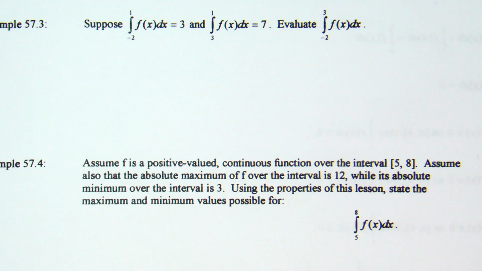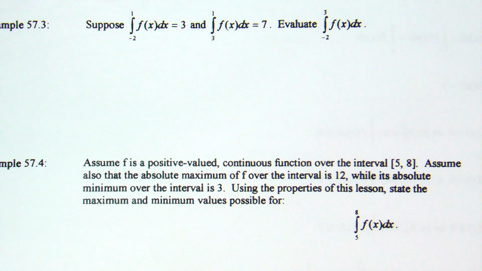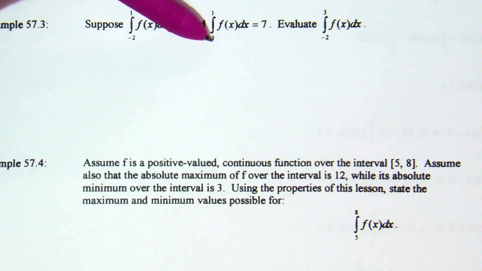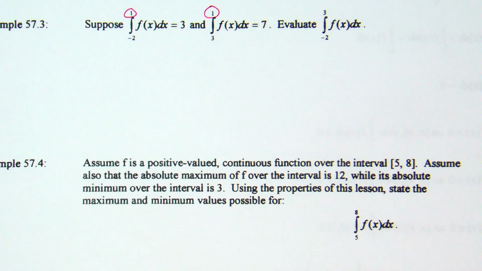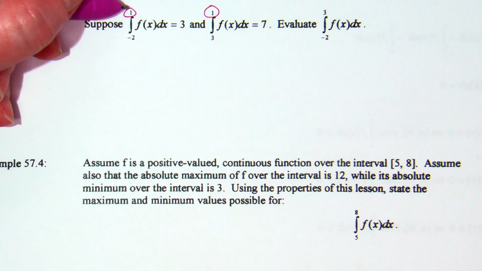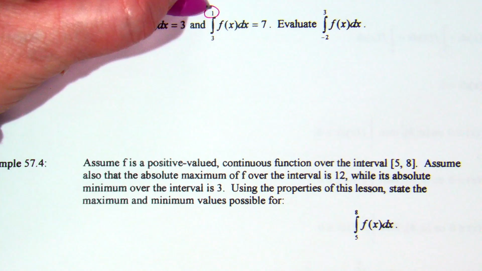We can make the second one a negative integral, so we can flip this, so we can put them together. Okay. So we're needing -2 to 3. Here's -2. Here's 3 on the bottom. The problem is that my ones are both on top, right? So if we can get this to be -2 to 1 and then 1 to 3, well,